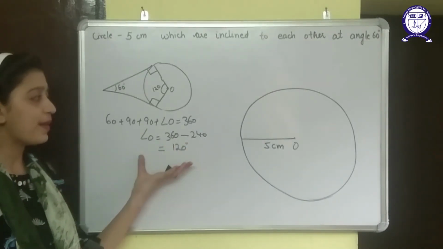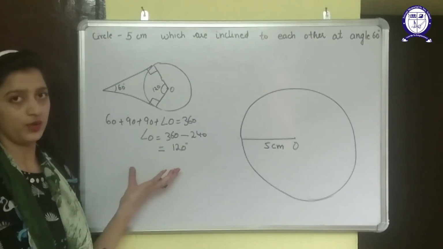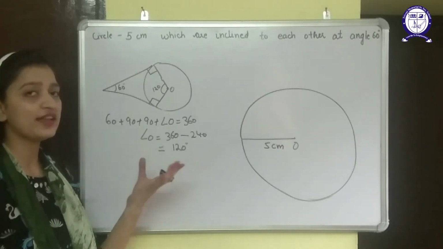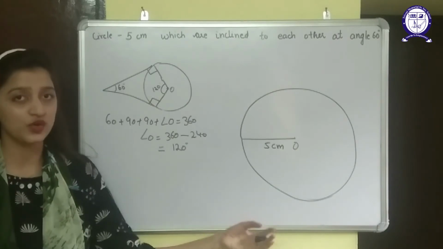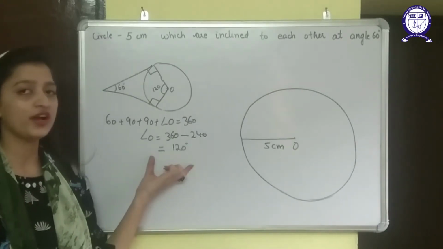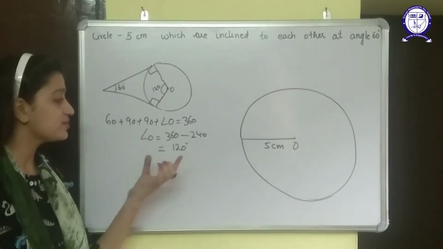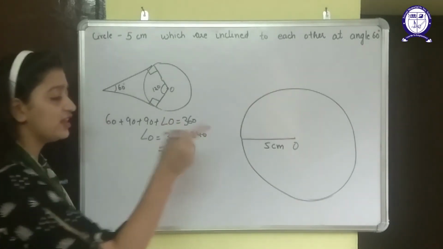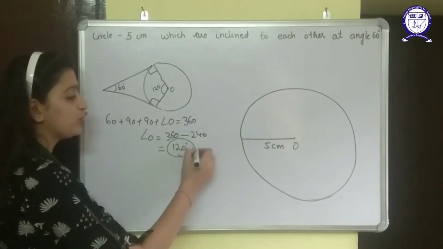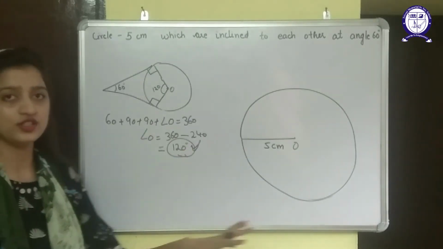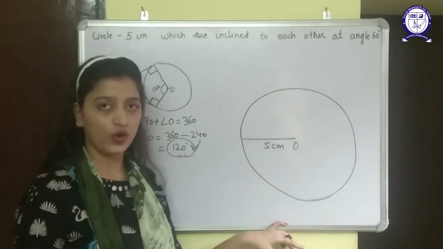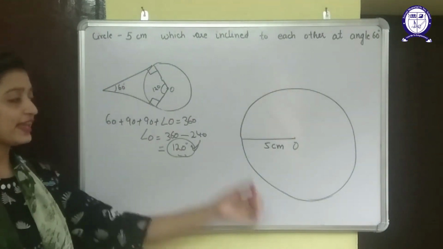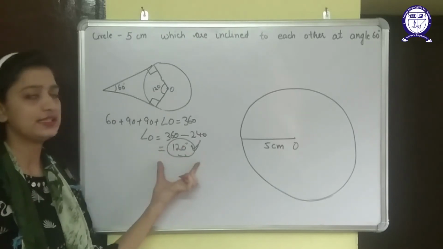Okay. This is the part you need to write in the answer, because the checker needs to know how much you understand the question. So you need to show your understanding, that this is my angle, 120 degrees. And this angle is the main angle in this question, because if you don't know this angle, you cannot draw this figure. You have to find this angle because the second step will be drawing this angle only.